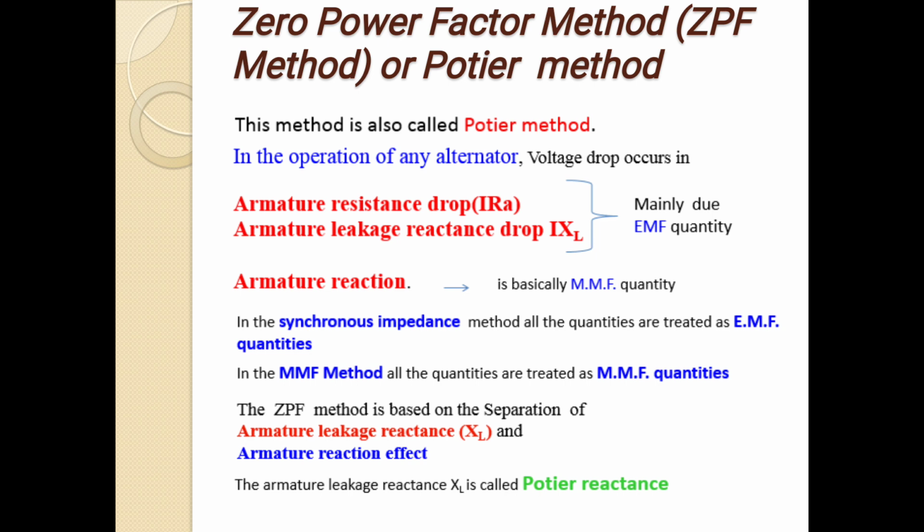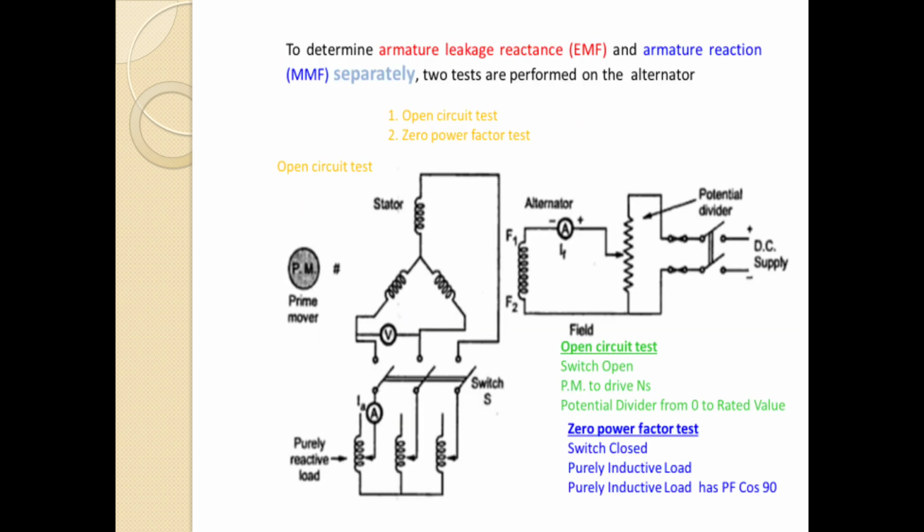In the synchronous impedance method, all quantities are treated as EMF quantities. In the MMF method, all the quantities are treated as MMF quantities. The ZPF method is based on separation of armature leakage reactance XL and armature reaction effect. This armature leakage reactance XL is called Potier reactance. To determine armature leakage reactance EMF and armature reaction MMF separately,